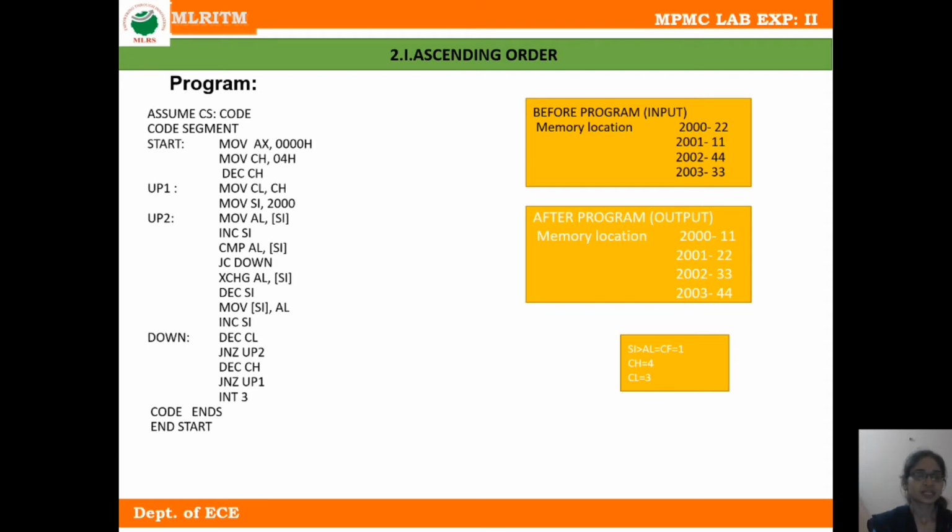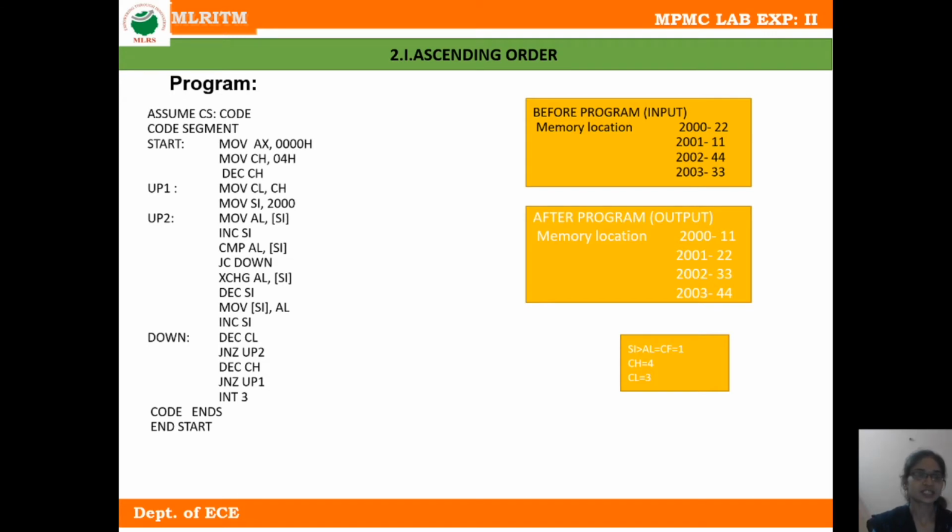So presently SI is 2000, and this 2000 location data is moved into the AL register. The next instruction is INC SI. INC is increment of SI. Presently SI has 2000, so after this instruction SI contains 2001.